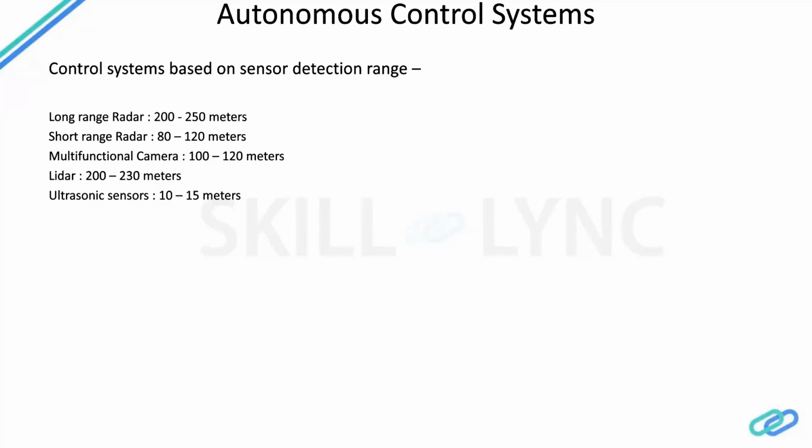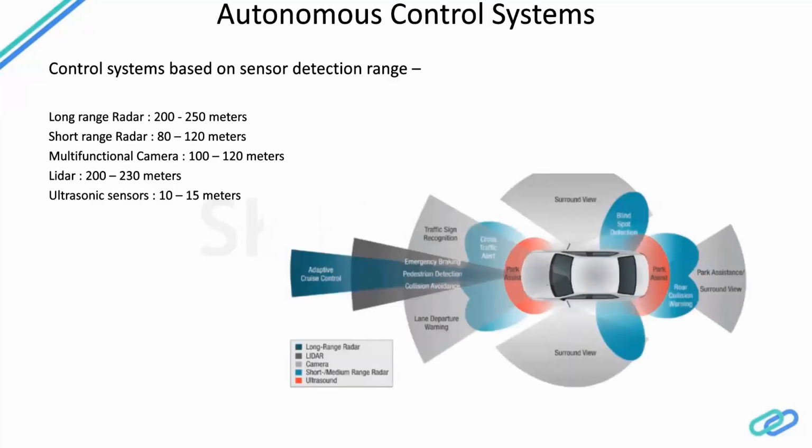Keeping all these detection mechanisms in mind, you can see here some of the features that I have noted down. First, adaptive cruise control. I will explain why the camera is generic for all of this. Adaptive cruise control can be taken care of by the long range radar or the LiDAR. Emergency braking, pedestrian detection, and collision avoidance can also be taken care of by the radar and LiDAR. The lane departure warning and the traffic sign recognition need to be done by the camera. The camera needs to see what the traffic sign ahead of me is and then accordingly parameterize the control model which is running the vehicle. Lane departure warning, I will come to in the next slide.